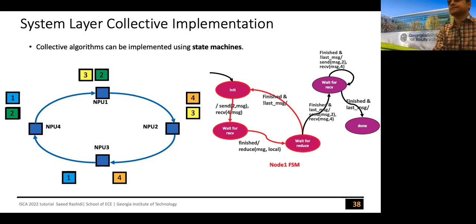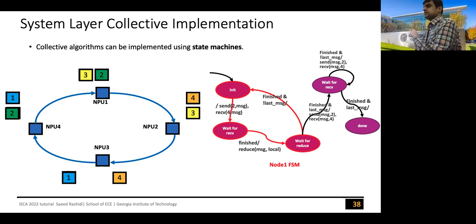Does each compute node have its own state machine, or is it global? Yes, the system layer is basically replicated across different instances of the system layer. Maybe I didn't get your question very correctly. Can you just repeat? Does this compute node have its own state machine? Yes. So these are all yes, because you have one instance for each NPU, and that state machine is local